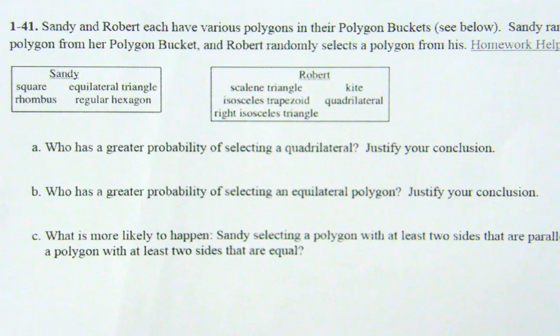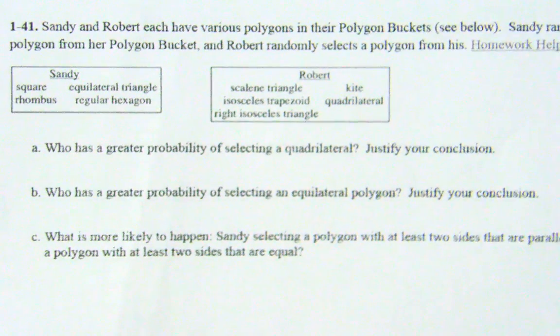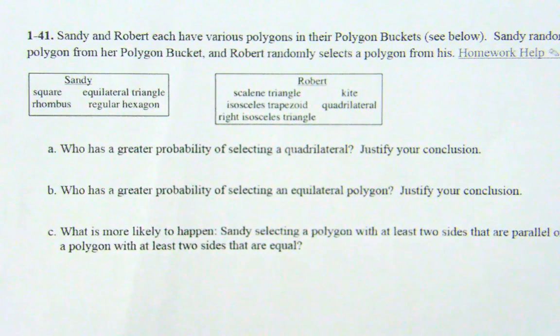Sandy selecting the polygon with at least 2 sides that are parallel, or Robert selecting a polygon with at least 2 sides that are equal. Oh, this is complicated. Well, it's not complicated. It's just, it is what it is. So let's see. Sandy